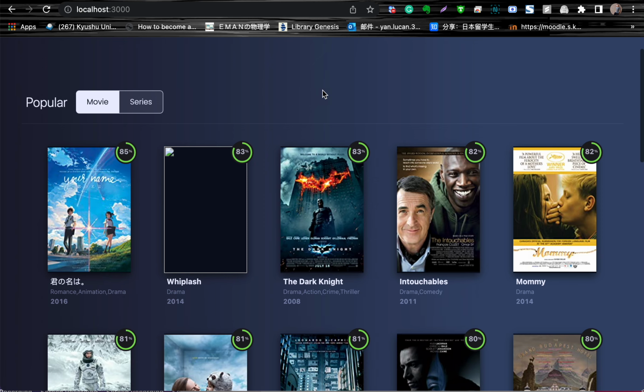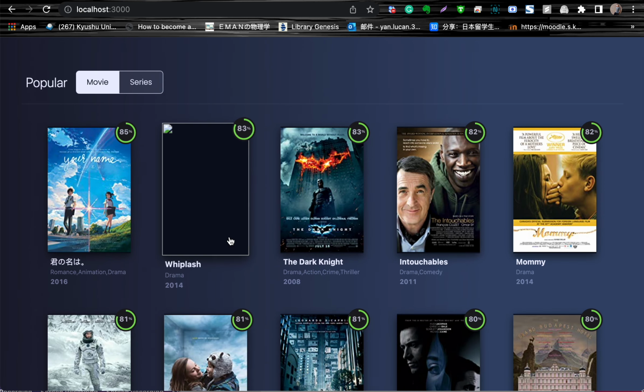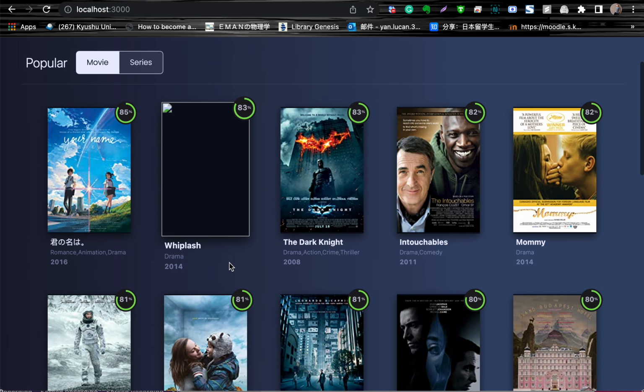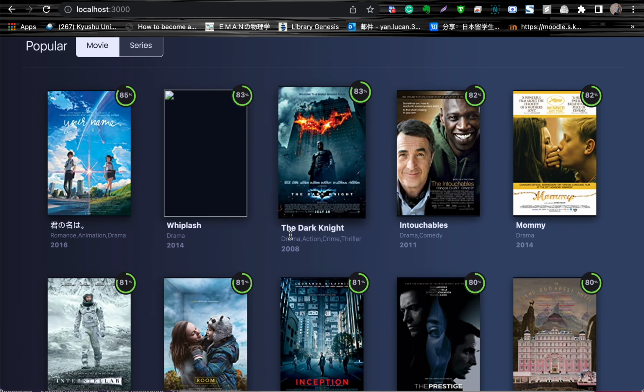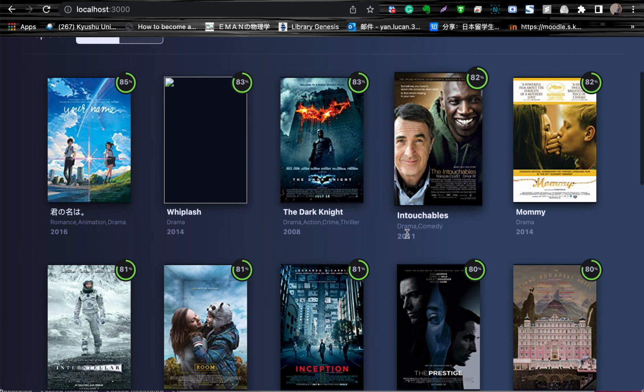which are the top 10 popular movies based on the voting average. Each movie is displayed as an individual movie card. For some movies, the poster is not returned because the URL is not accessible. You can see the different movies floating here. For each movie, we display the cover, the poster, the title, the genre, and the release year of